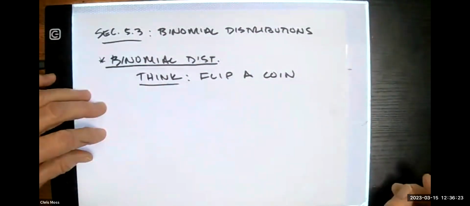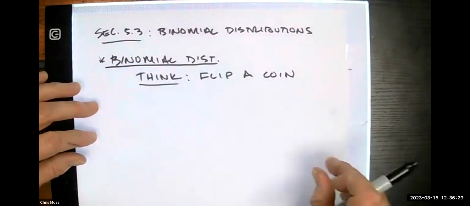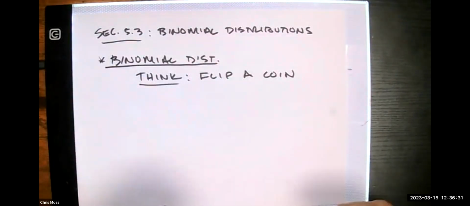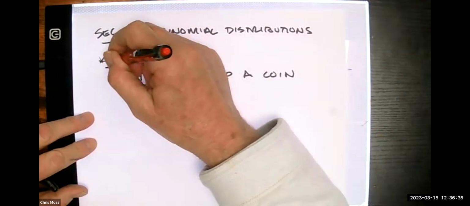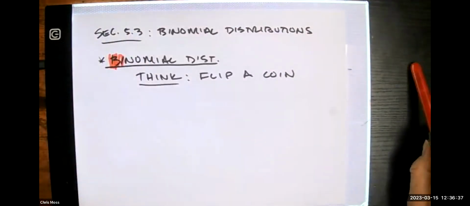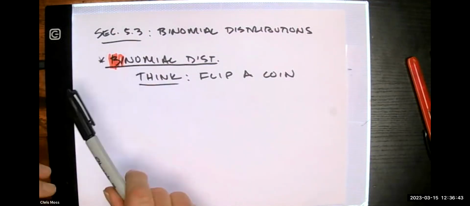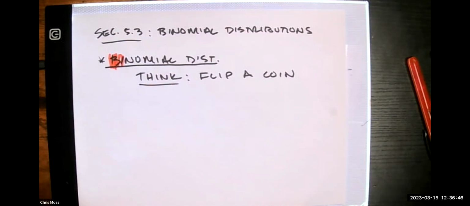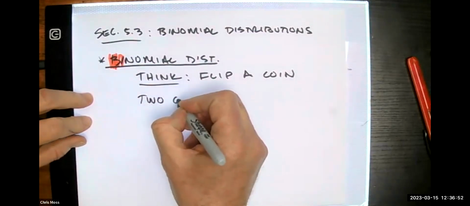How many outcomes are there? 2. So anything that has 2 outcomes is an example of something that might fall into the binomial distribution realm. There's a couple of other requirements, but basically anything that has 2 outcomes has the potential to be a binomial distribution. And usually when there are 2 outcomes,